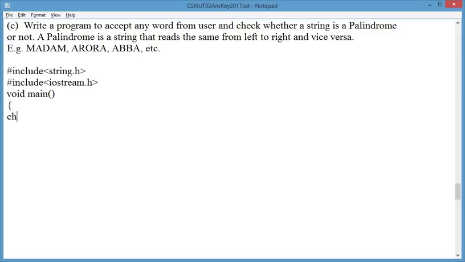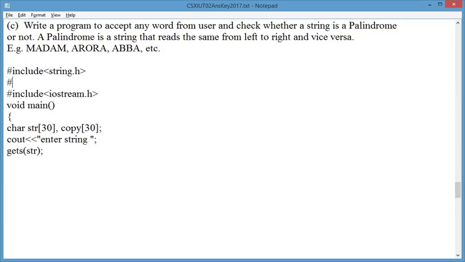We need to declare one string. Let's say it's of 30 characters, and let's say a copy of this string, which is also of 30 characters. Now we need to read the string, so cout enter string. We can use gets here. If we are using gets, you need to give the hash include